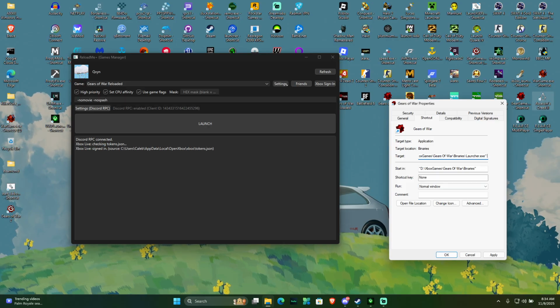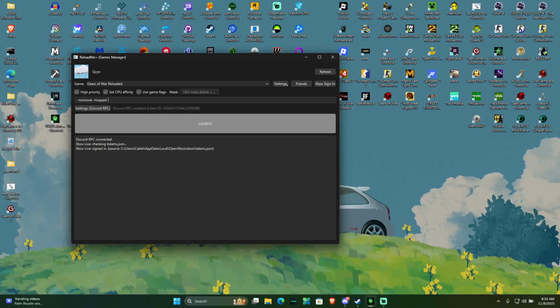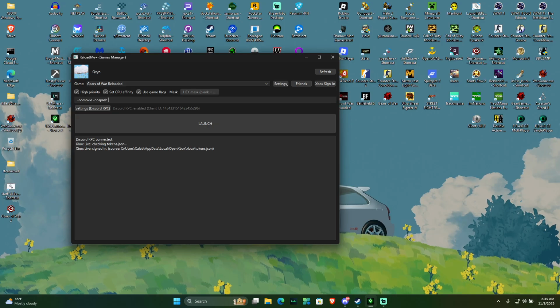So the reason why I have this here is so that if I wanted to load up Gears Reloaded and I want it to be under high priority, use no movie, no splash, and then set the CPU affinity, there's a specific way that you have to go about it with each game, and to shorten it,